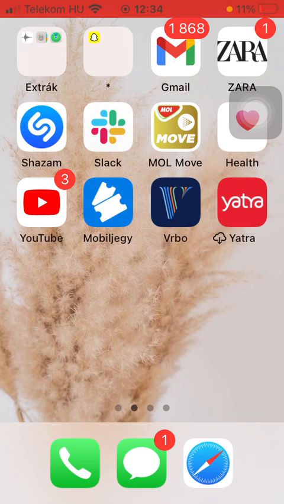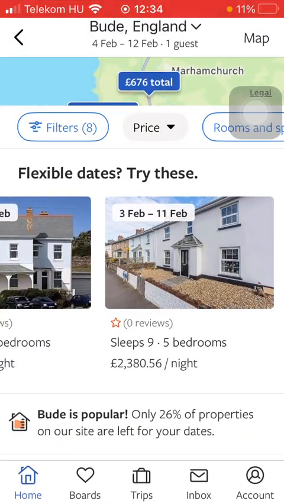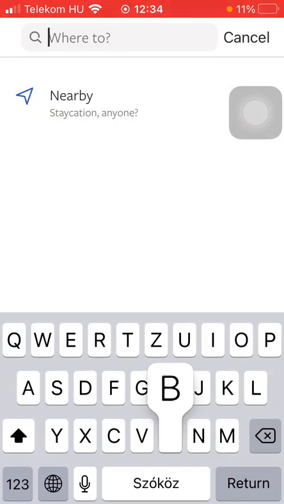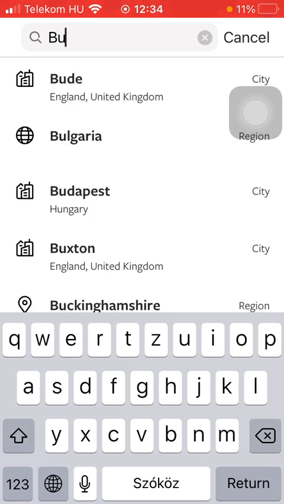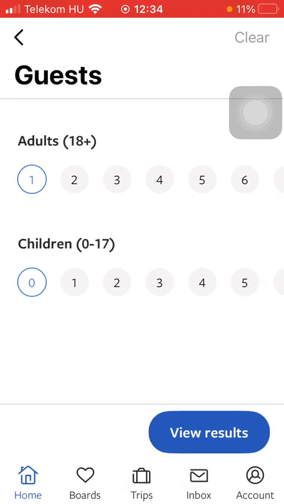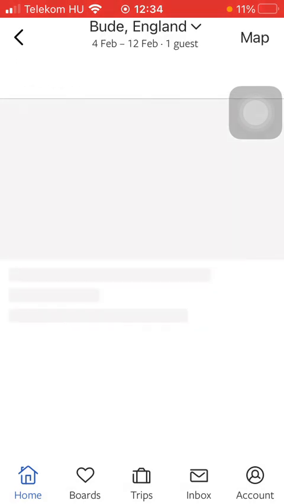Now let's jump into it. First of all, open the website on your device or the app on your device, and then you should tap on the home button, select your destination, then your check-in and check-out date, select the number of guests, and after